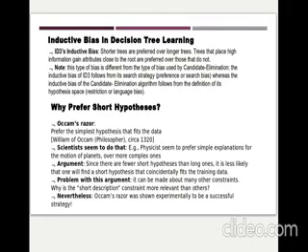Now why do we prefer short hypotheses? Occam's razor says to prefer the simplest hypothesis that fits the data. Scientists seem to do that. For example, physicists seem to prefer simple explanations for the motion of planets over more complex ones.